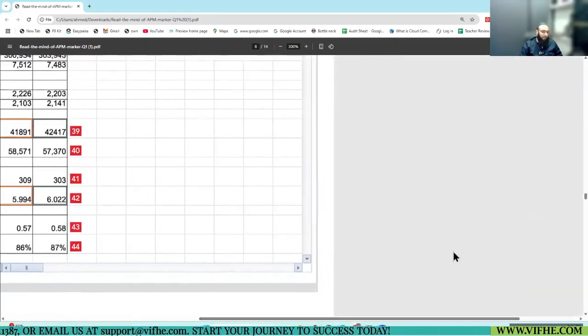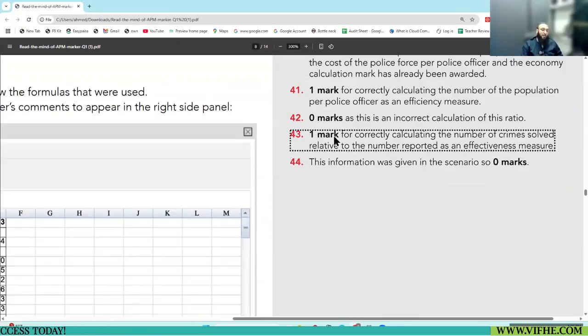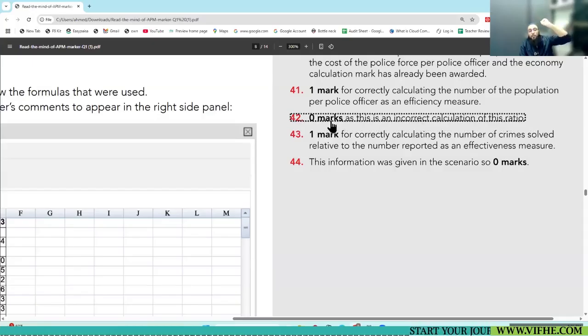See here, 0 marks. He's saying this is just what was given in the scenario. Whereas you will get 1 mark for the crime percentage that you worked out, resolution 1, and see 0 marks for what he worked out, complaints per police. But the interpretation was correct, you got the mark.